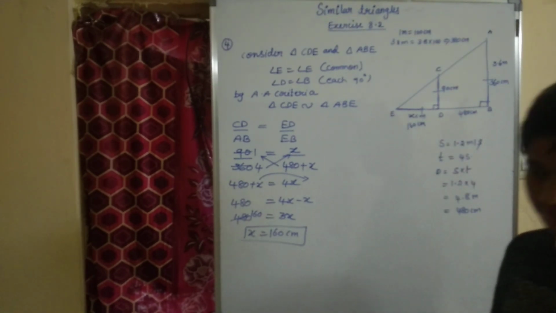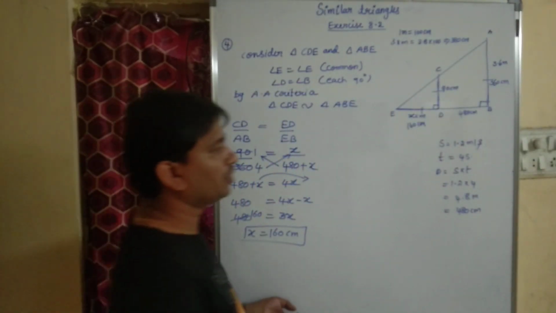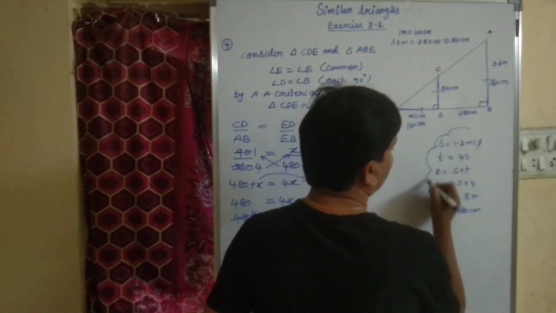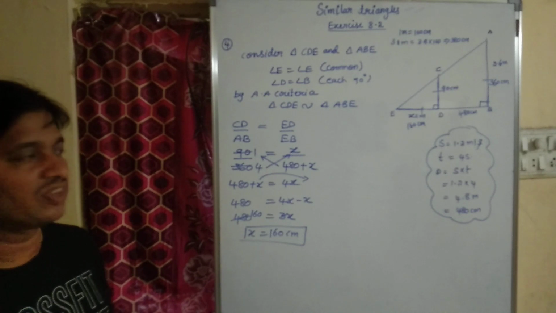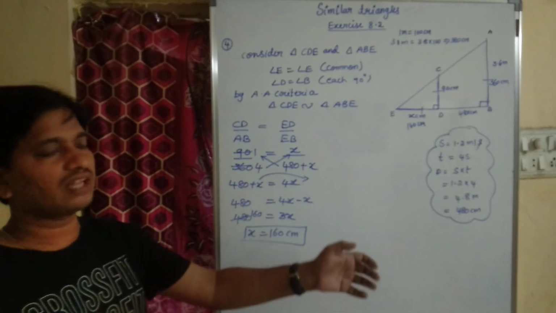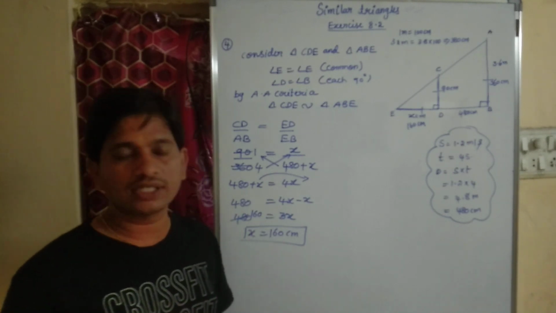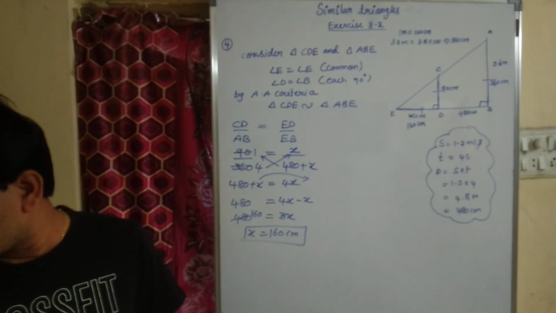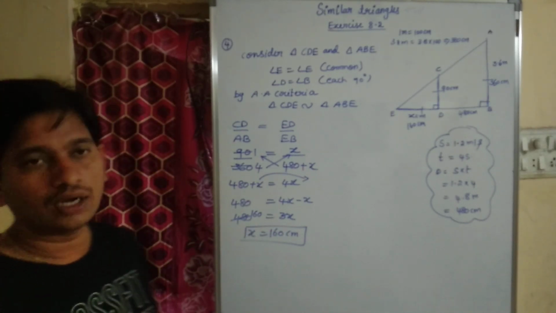Children, did you understand? They are asking, this concept you have to know the relationship between speed, distance and time. We know that distance is equal to speed into time. What is the distance travelled from base of the lamp post after 4 seconds? Distance travelled after 4 seconds is 480 centimeter. Then we got the answer.